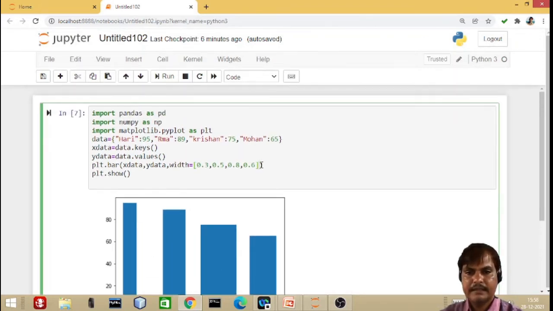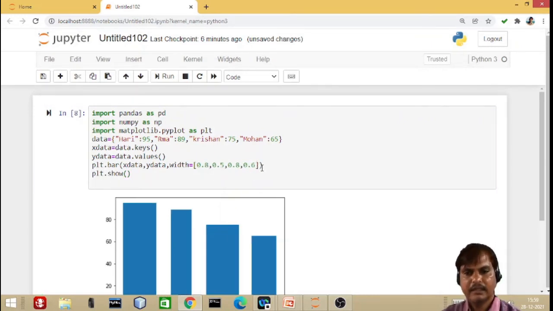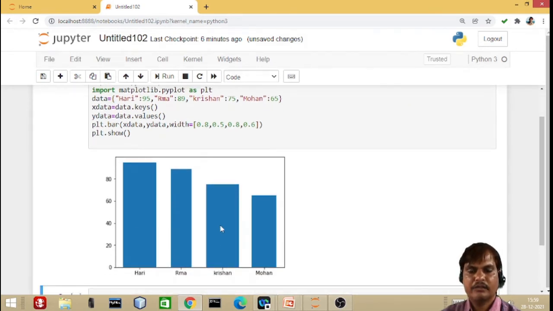So it's very easy, you just have to pass the list argument with the width keyword. The number of bars you want to generate, that many widths you have to pass. Now hope it is clear. This is a really very easy task. Got it? Again, if you want to set 0.8 for this, you can see now these two bars have the same width, 0.8 and 0.8, and these two bars have different widths.